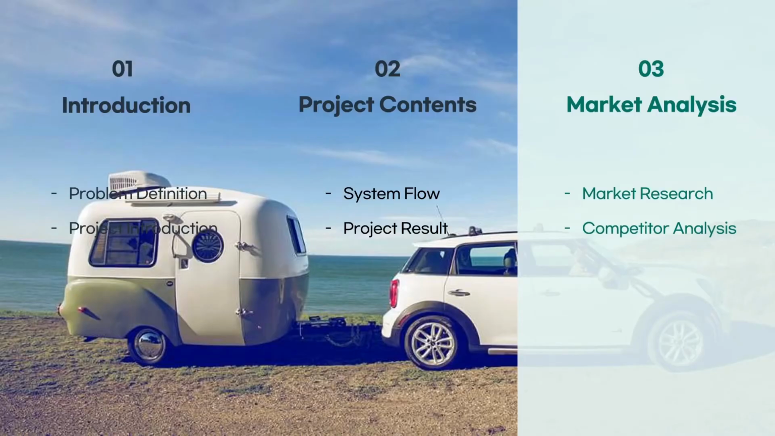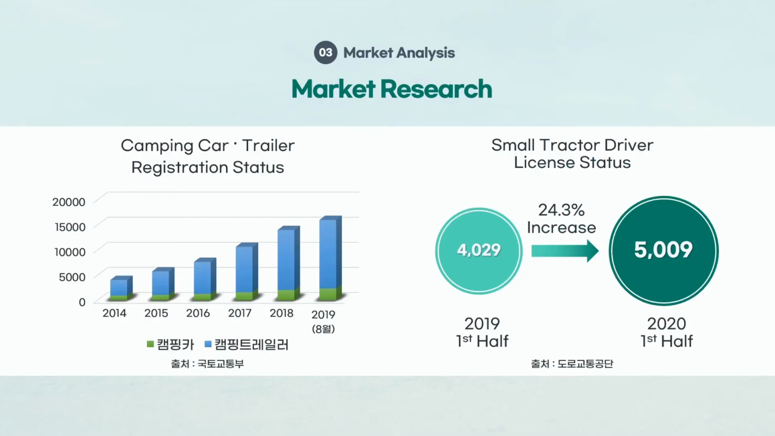Lastly, we analyzed the market to determine the value of our products. On the left is a graph of the registration status of camping cars and camping trailers surveyed by the Ministry of Land, Infrastructure, and Transport. If you look at the graph, you can see that the camping car and camping trailer market showed steady growth even before COVID, and among them, the proportion of camping trailers is high. Also, according to industry officials, the demand for camping cars and trailers has increased since COVID. According to the status of issuance of small towing licenses, on the right, the license issuance rate increased by 24.3%